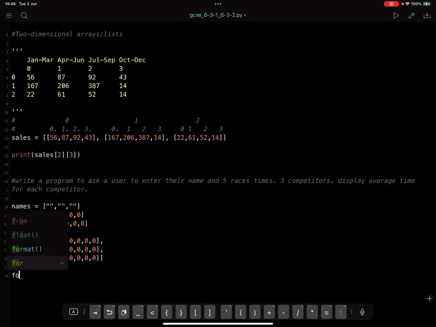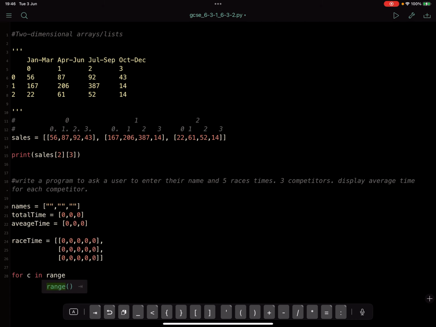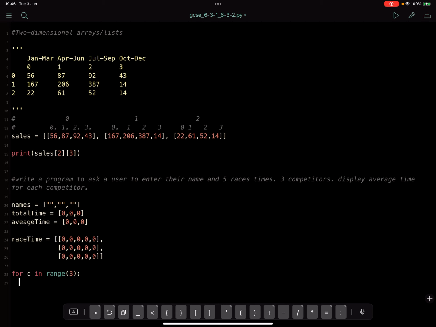So I would say for competitor, so say C, in range of 3, that will do 0, 1, and 2, which is what we need. We need to target index 0, index 1, and index 2, and then stop, do something 3 times because 3 people. What we'll say is